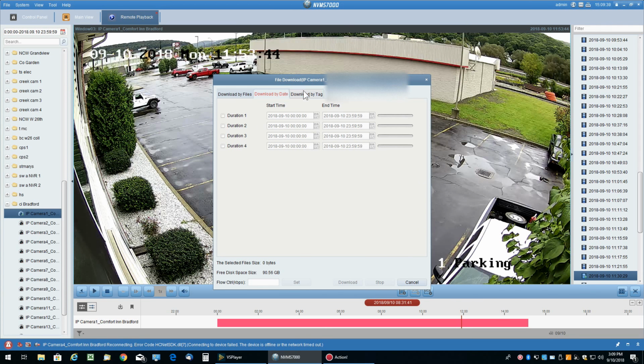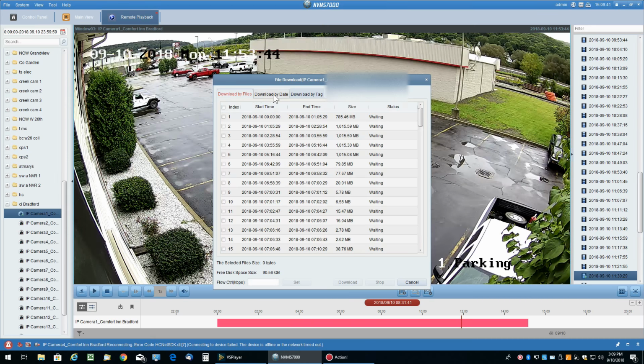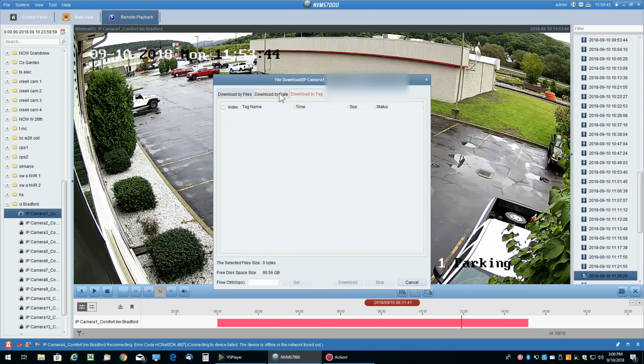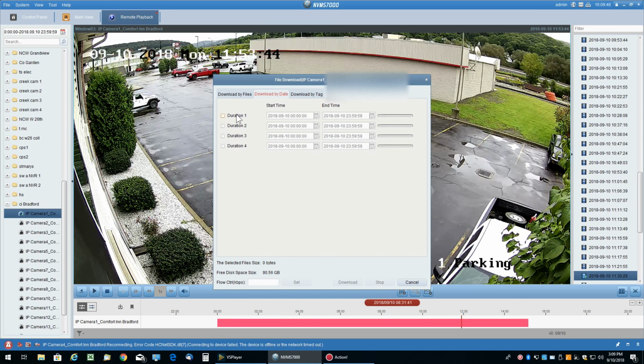Okay, and there's 3 tabs at the top here: download by file, by date, or by tag. We're going to do download by date, and we're going to check the box for duration 1, and you'll see up at the top here it says file download for camera 1. Okay, and we want to select our time,